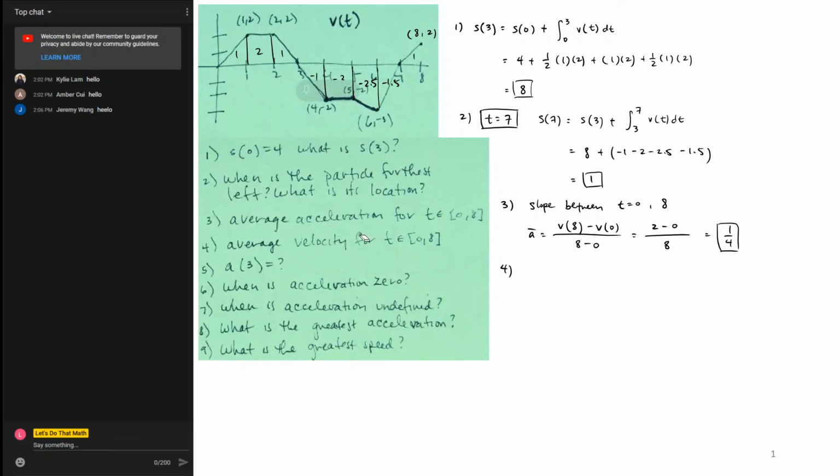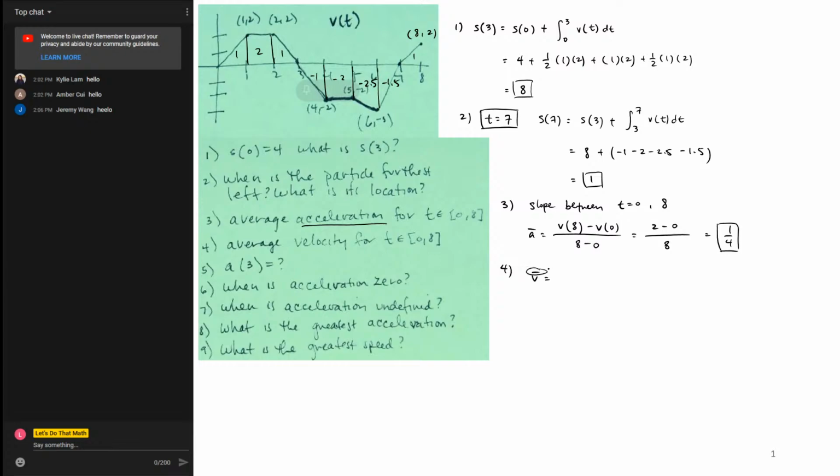Next, average velocity for this interval. So the difference between number 3 and number 4 is obviously number 3 is asking for acceleration and 4 is asking for velocity. So here, for acceleration, since acceleration is the rate of change of velocity, we just use slope, but we can't use slope for number 4 then, right? Because velocity, we're given velocity here. So instead we need to use the average value formula, which if you remember is going to be,